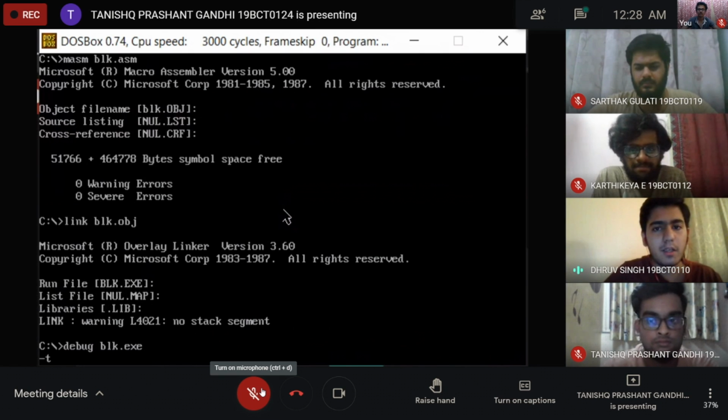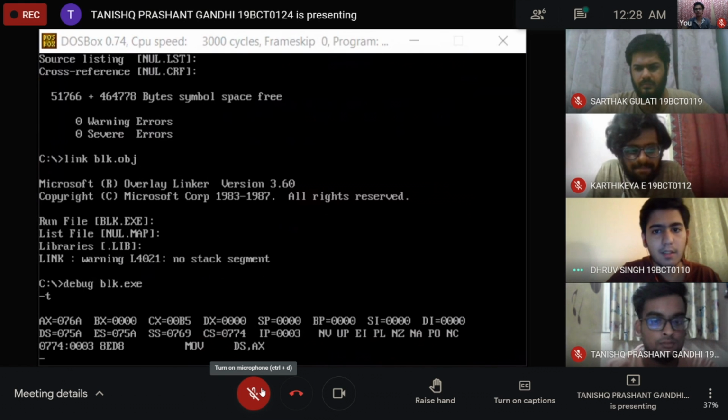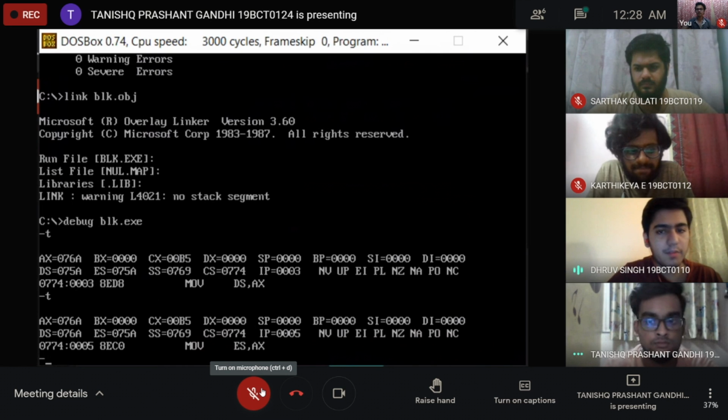After running this command, we can use the trace command, and we can trace the code and go through it step by step. Here we can see that DS is initialized with the base address, and in the next trace we can see that ES is also initialized with the base address.